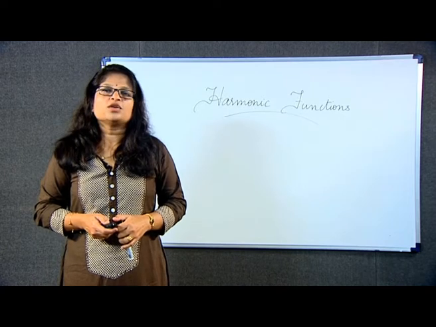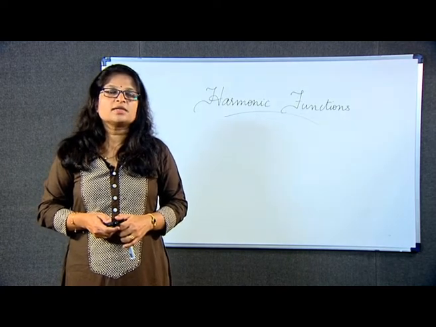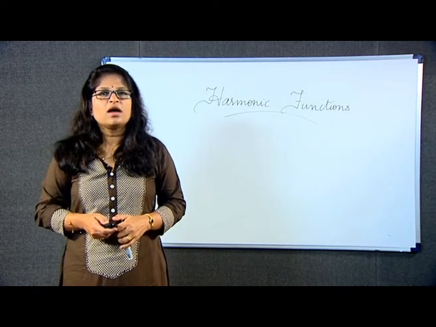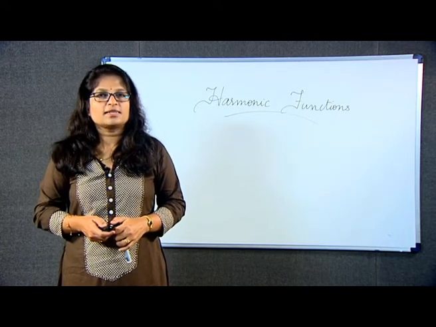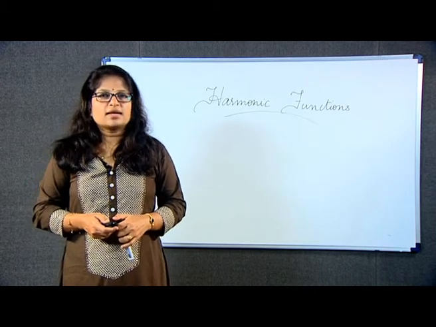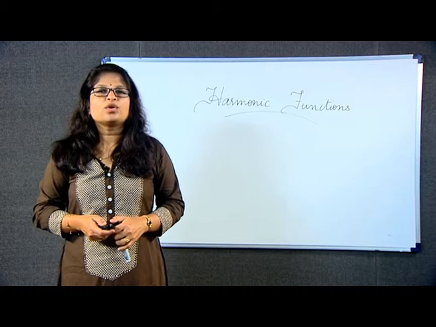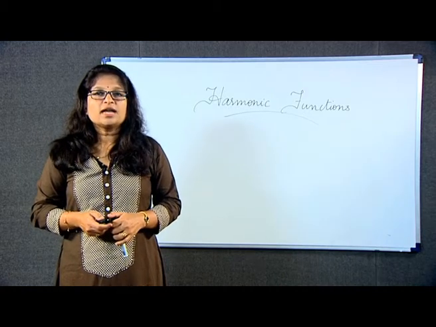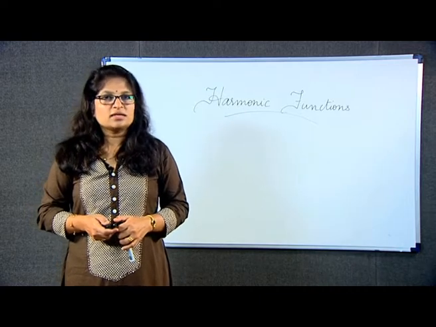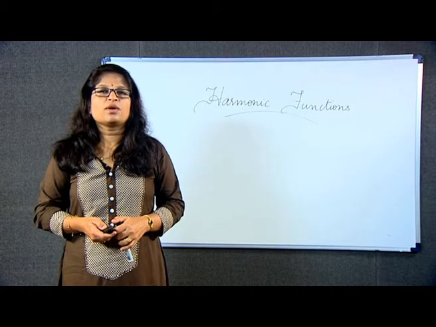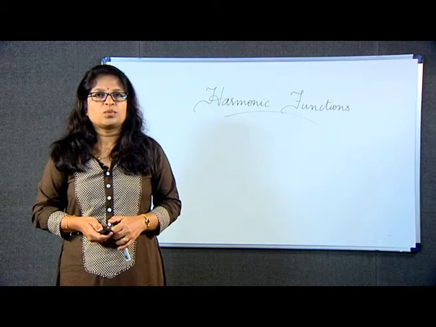So, what do you get for ∂²u/∂x²? In this case your first order derivative is 3x² − 3y², so your second order derivative is 6x. Now, ∂u/∂y is −6xy + 1, so your ∂²u/∂y² is −6x. So, you can clearly see that the Laplace equation is satisfied in this case. Your ∂²u/∂x² + ∂²u/∂y² turns out to be 0.